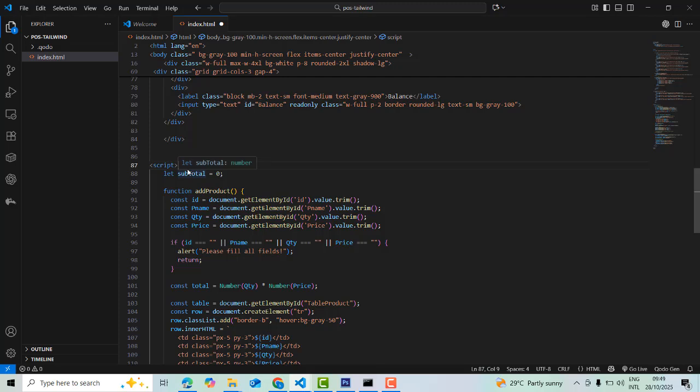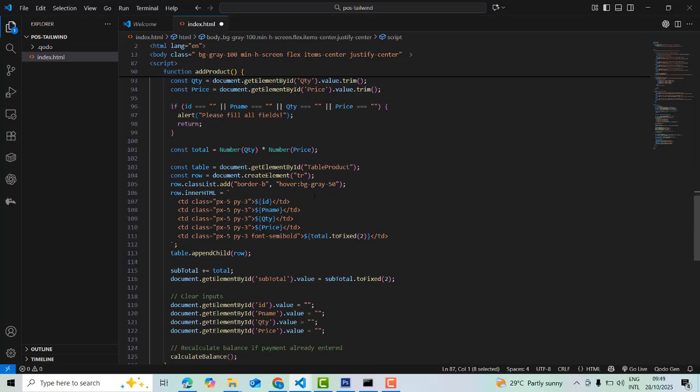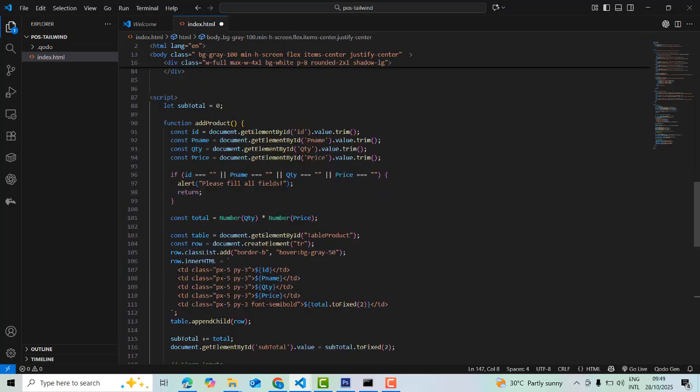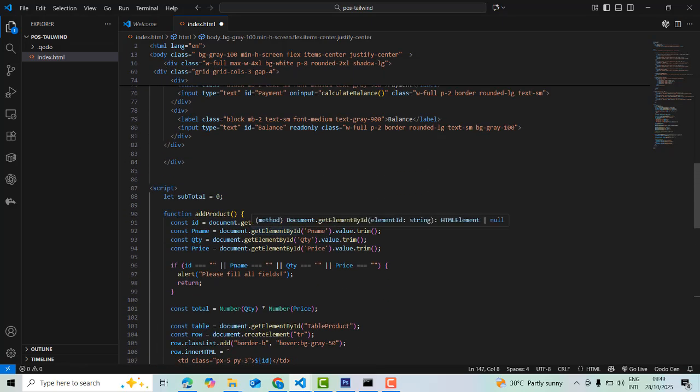First I'm going to start with the script tag, and close the script. Don't implement it outside the body. There are many people who don't know and implement it outside the body. That is completely wrong. You have to implement it inside the body. That is the efficient way to implement the JavaScript. You have to create the variable